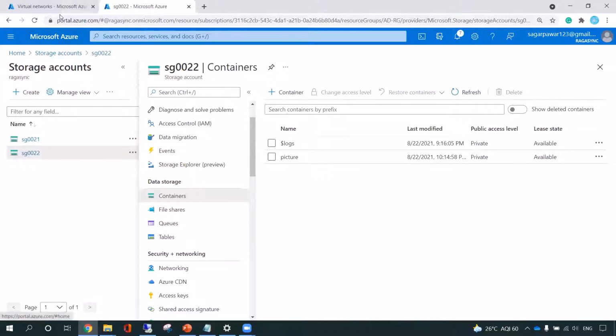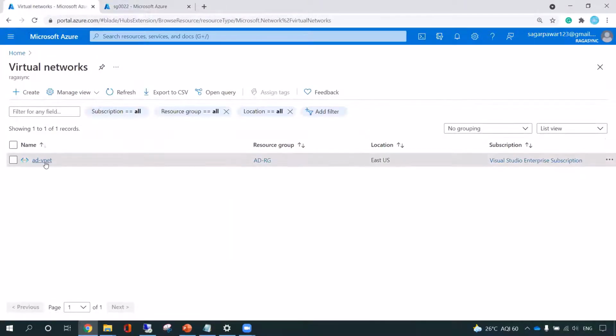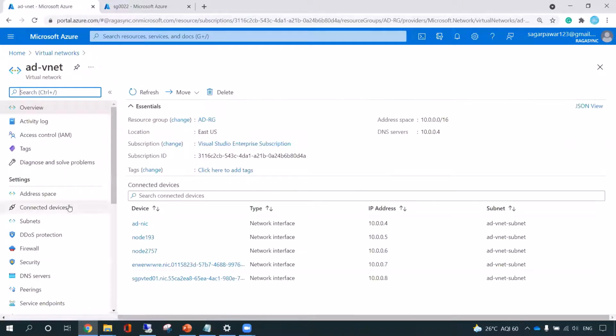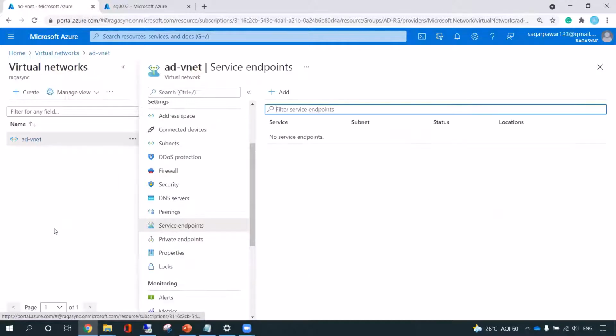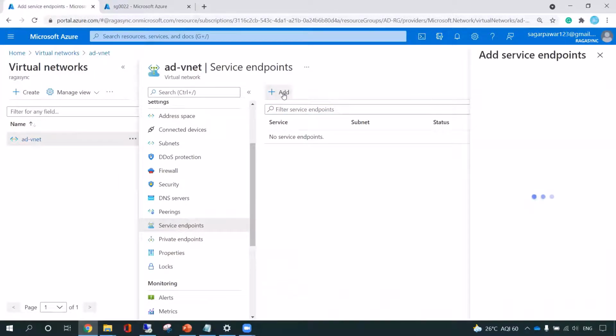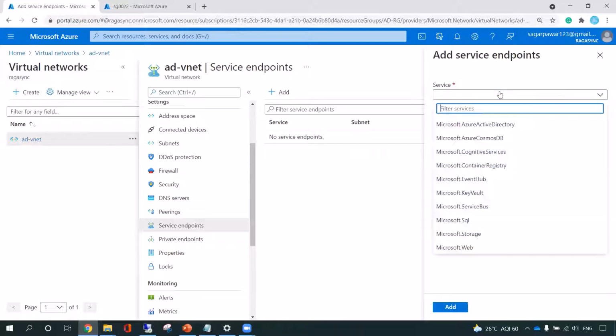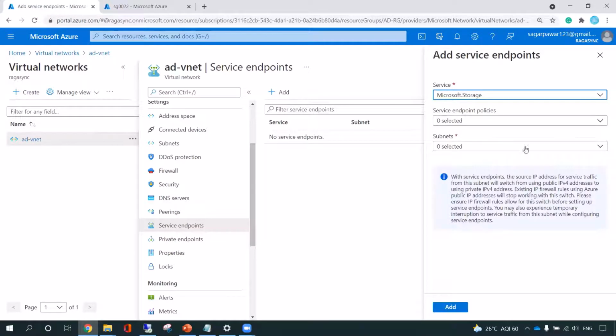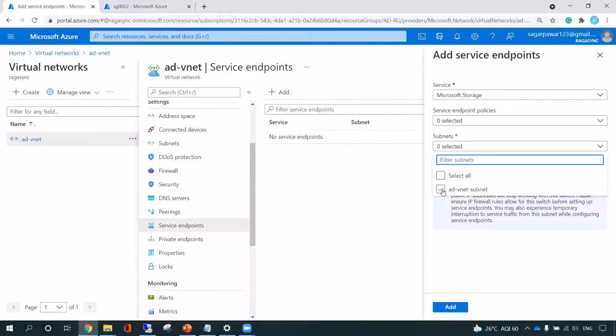For that, first I need to go to my virtual network. This is my virtual network. Here I need to create one service endpoint, an endpoint for my storage account. I don't have any policies right now, so I will keep it as it is, and I will select the subnet.